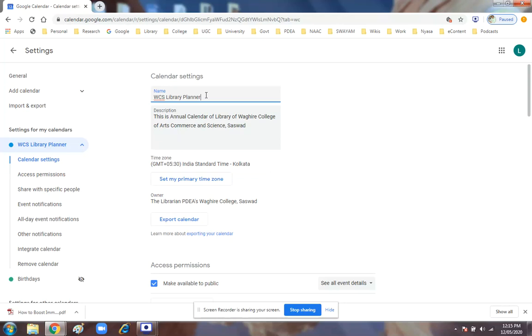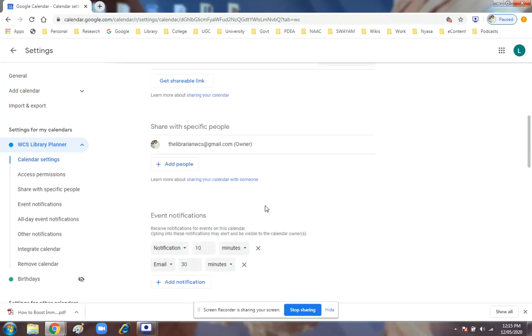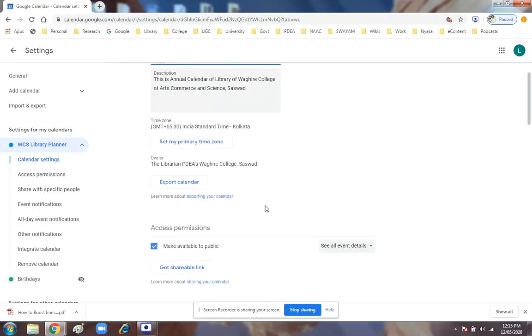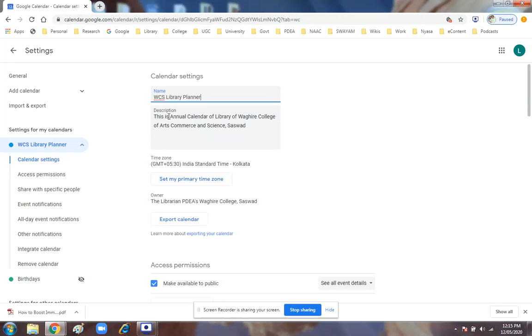For example, I have named it as WCS library planner. Likewise, you can name it as academic calendar department of chemistry, department of commerce, department of computer science. Likewise, you can create the calendar and name it, rename it, add the description.